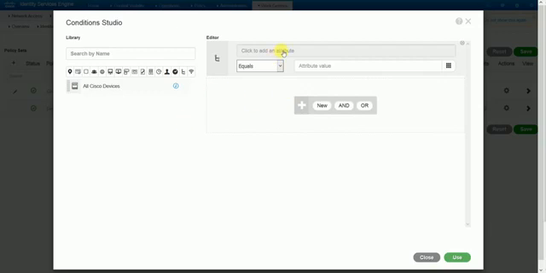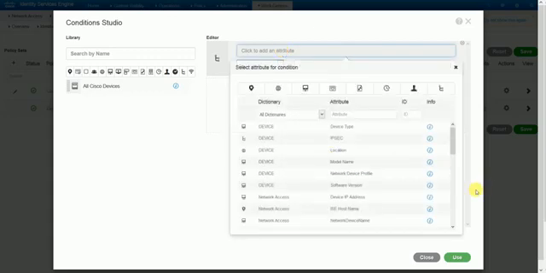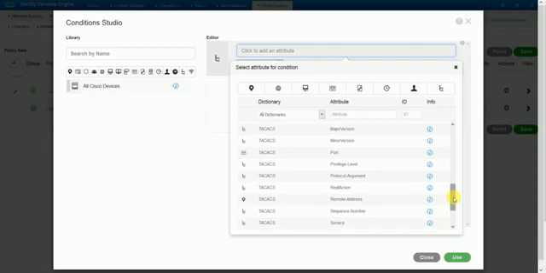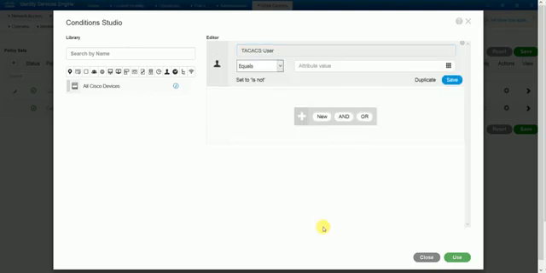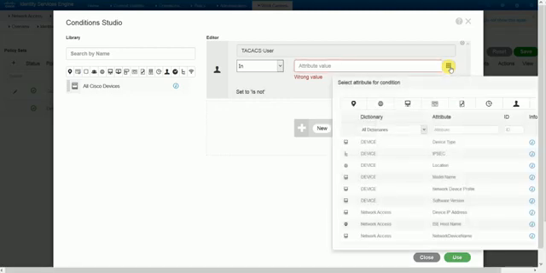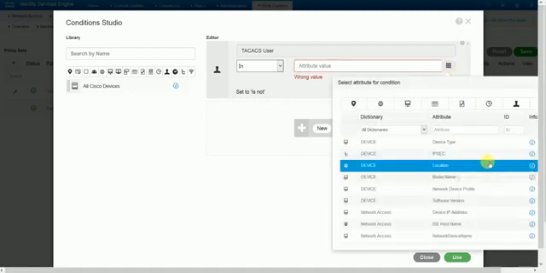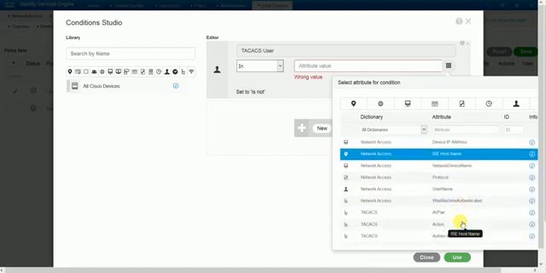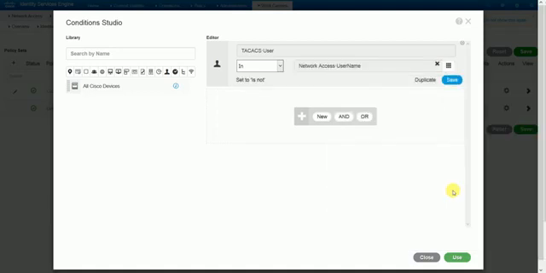What you can do here is basically you can select, let's say TACACS user, which should be in network access username.